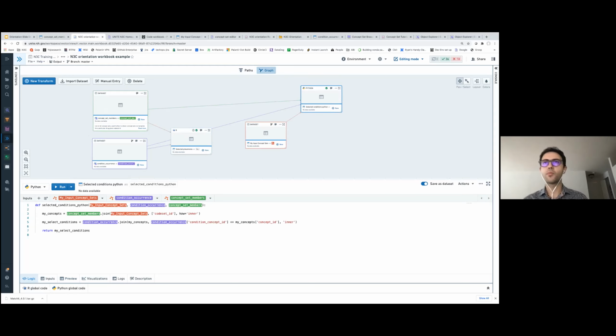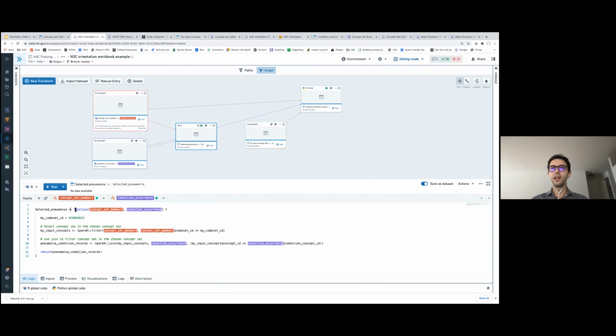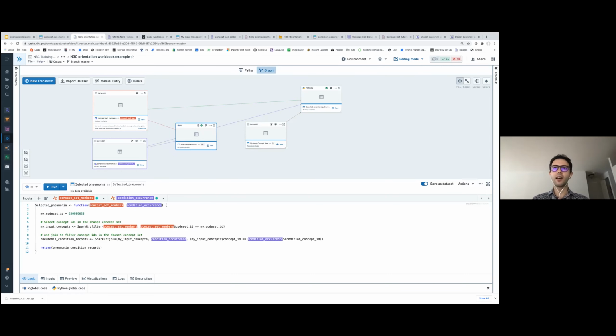So the last thing I wanted to mention about code workbook is what we call templates. When you start writing code that is repeatable and you don't want to reinvent the wheel or copy paste it every time, or you want to share code or functions with your colleagues so that they don't have to rewrite the same code every time, you can use what we call templates, or code workbook templates. And let me show you how to do that.